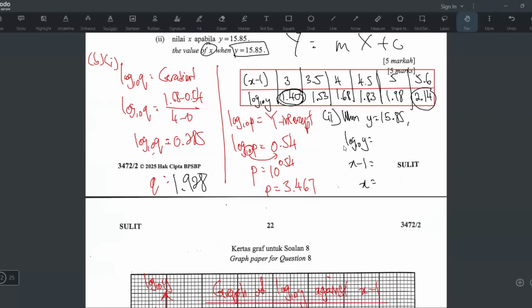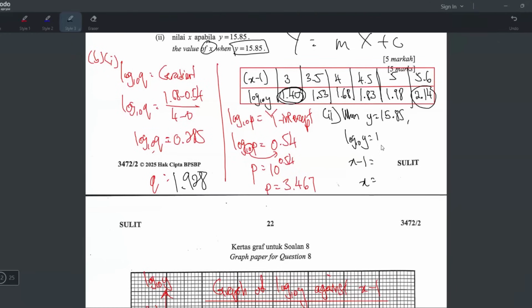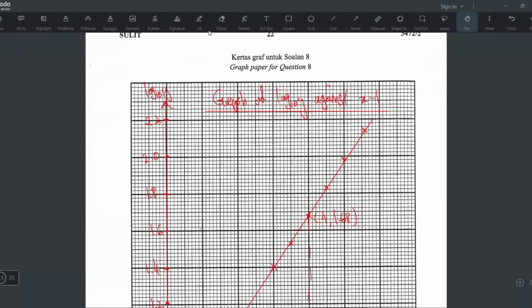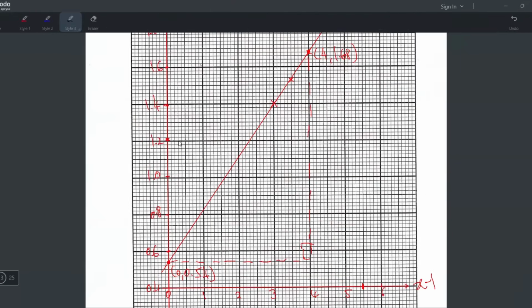So now I'm going to press log 15.85, and let's write 2 decimal places because you have to go to the graph and find this value. So log base 10 of 15.85. Okay, 2 decimal places, 1.20, or 1.2, you can say. Okay, so now you know you have to go to the log y-axis and find 1.20. So 1.2 is here, and then you just draw a dotted line until you reach the